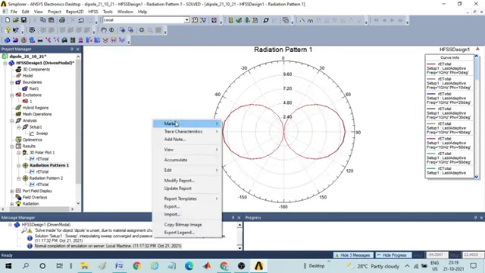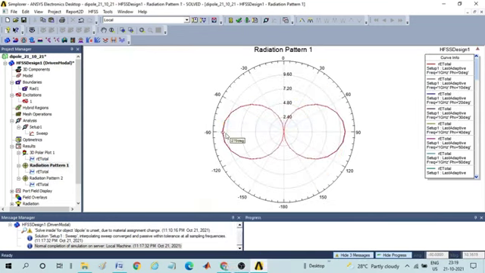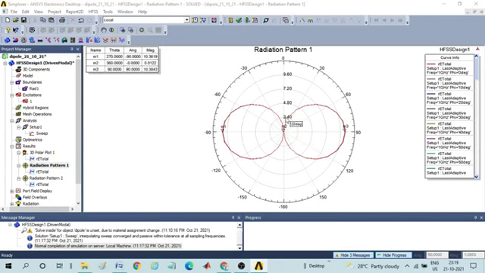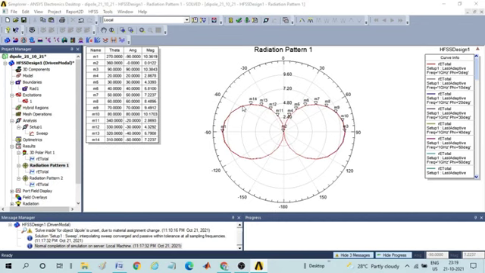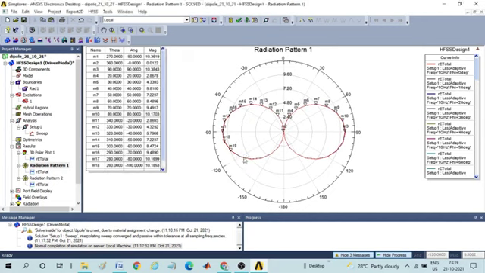Similarly here also, go to marker, add marker, check at various angles. Similar to the previous case, you can see it is a pattern of 8. Of course, a sleeping 8. It means it is directional for the electric field pattern and isotropic for the H-plane pattern. So it is called an omnidirectional radiation pattern.